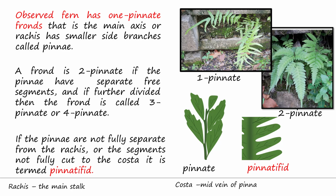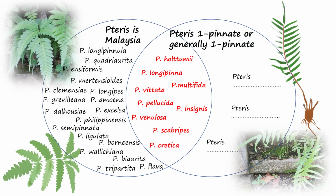A frond is 2-pinnate if the pinnae have separate free segments or pinnules, and if these pinnules are further divided, then the frond is called 3-pinnate or 4-pinnate. If the pinnae are not fully detached from the rachis, or the segments are not fully cut to the costa, it is termed pinnatified. Malaysia has many Pteris species, but those not one-pinnate were eliminated as the identity of